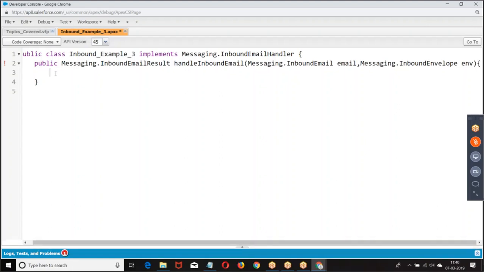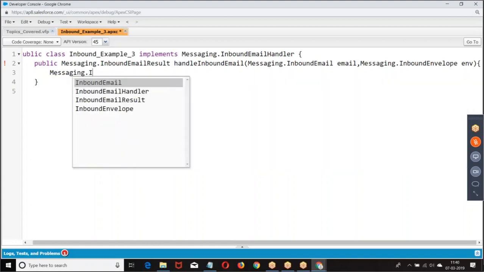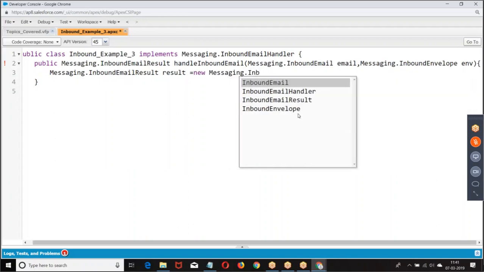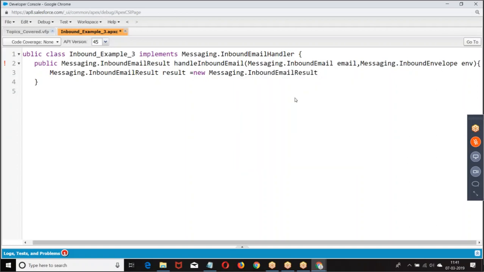So first, what are you supposed to do? Inbound email result. Messaging.InboundEmailResult.